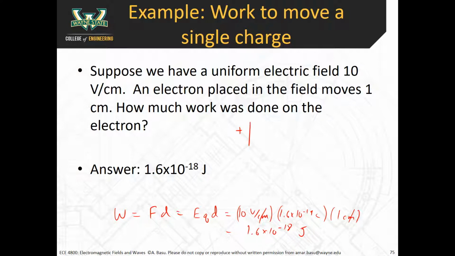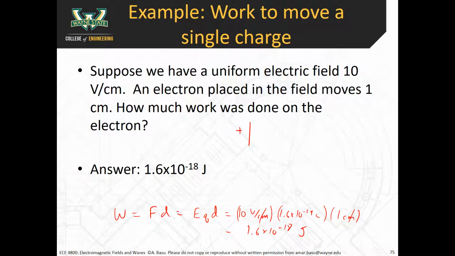Let's say you have positive and negative like this. Your electric field is in this direction, so the electron is here. Which direction is the electron going to move? Actually to the left. It'll move to the left, right? So in that